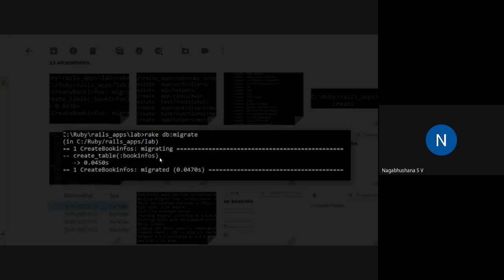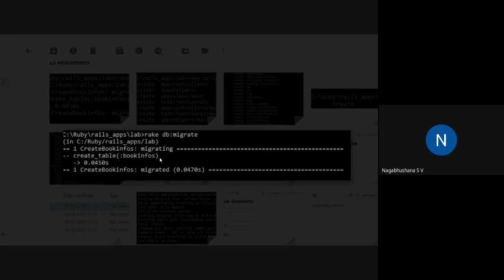So we migrate the schema of the table to a database, so that those transactions, insertion, deletion, display, updation, search, will be migrated, by using the rake utility with the command rake db:migrate. Now I am connecting the book info table to the database called lab.